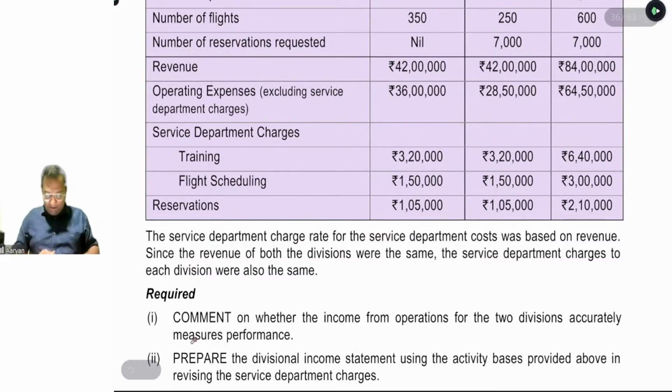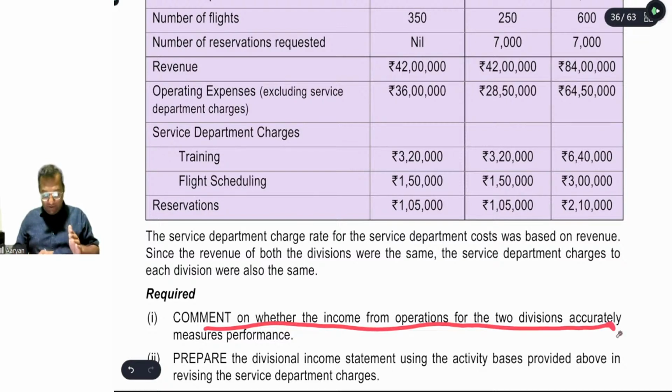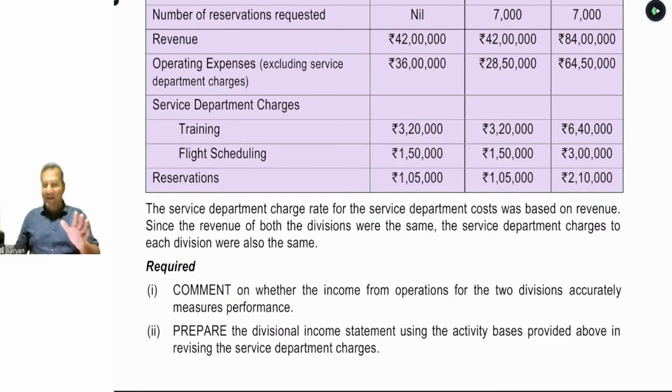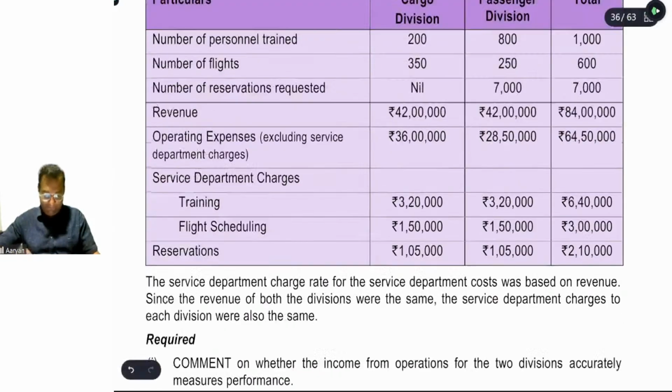Okay. Comment on whether the income from operation for the two division accurately measures the performance. ये बोल रहा है क्या जो इनकम बताई जाएगी, यहाँ पे इनकम दिया नहीं है, अपन इजीली निकाल सकते हैं, आपको निकालना नहीं है, आपको सिर्फ कमेंट करना है whether they are accurately measuring the performance, yes or no along with the logic, है ना। तो आप वापस पढ़ लीजिए बेटा, आपको कमेंट करना है जो भी इनकम आ रही है कार्गो डिपार्टमेंट की, वॉट एवर द इनकम ऑफ द पैसेंजर डिपार्टमेंट, वेदर दैट इज बीन accurately measured the performance or not. If yes, tell me the logic. If no, tell me the logic बेटा।